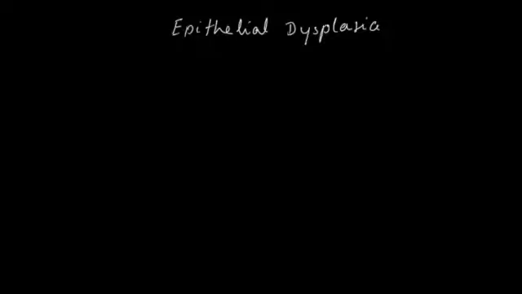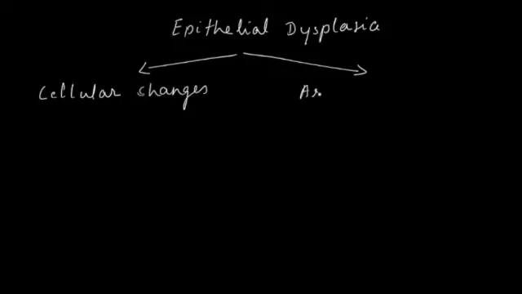When we say that dysplasia is the presence of abnormal cells, we are sure to see changes in the cell because they are abnormal cells. They are the cells that have turned bad. And these changes we can see at two levels. One is at a cellular level, where the individual cell has changed. The other is when the entire epithelium shows changes, which is called architectural changes. So both these cellular changes and architectural changes, the degree of these changes will help in